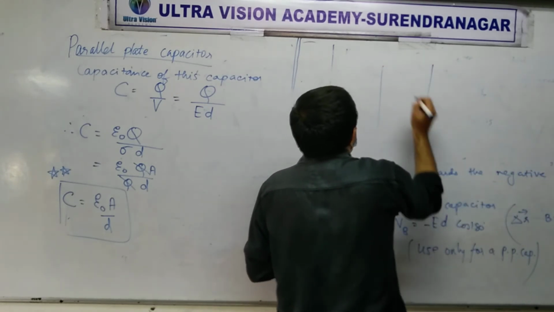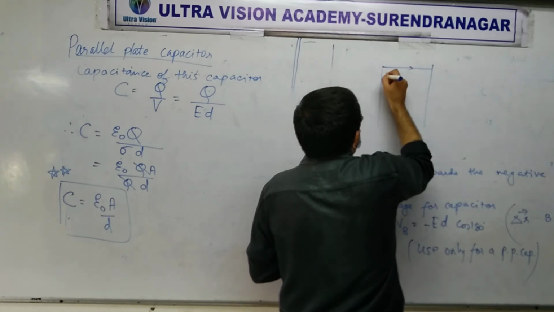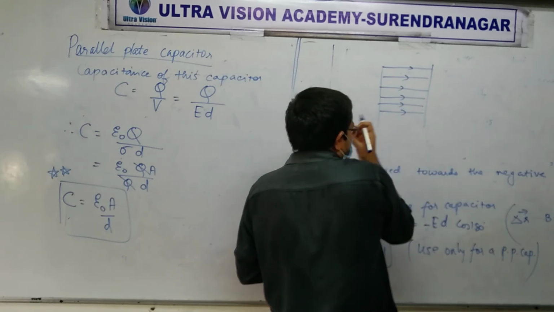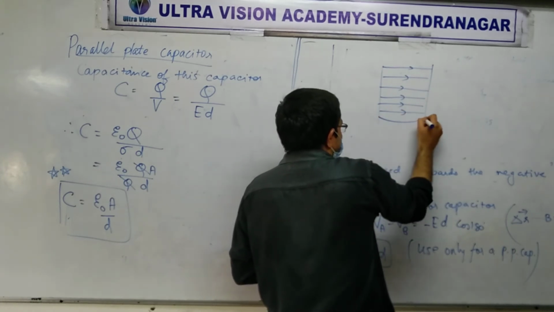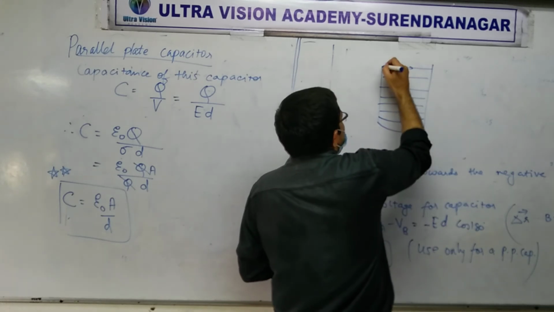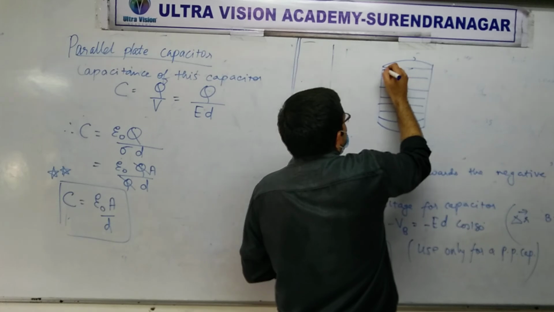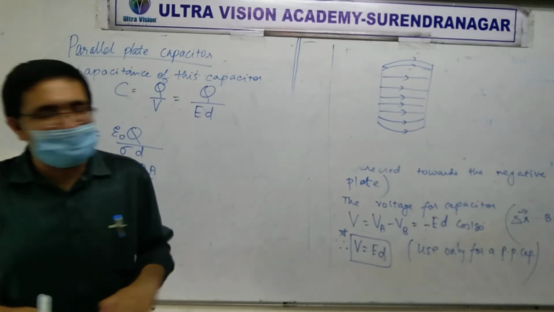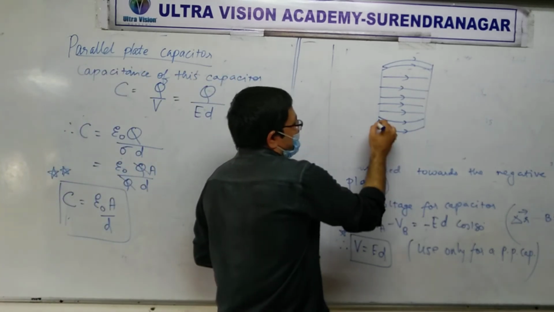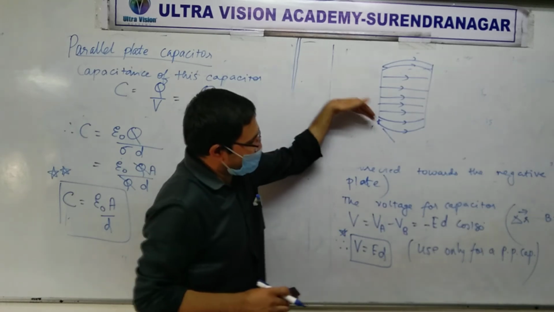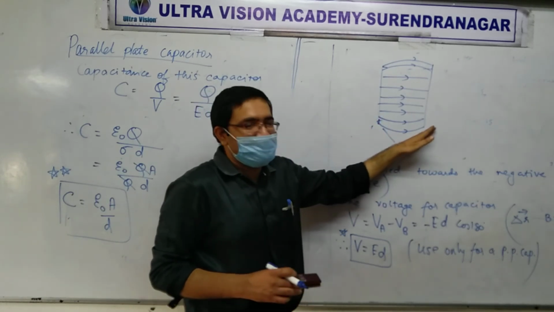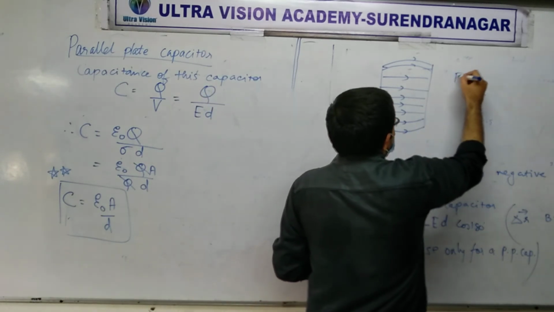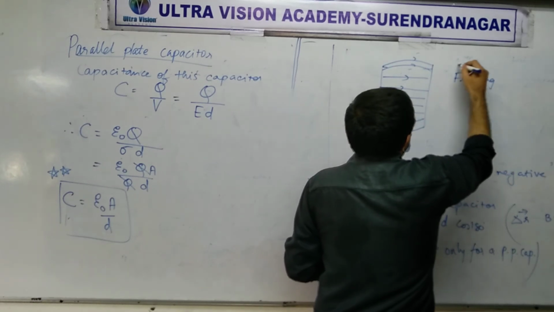What would happen in a real case is that electric field lines will not be straight like this. In the middle, they might be straight, not a big problem. But as you go towards the end, they start to bulge. Why so? Because electric field from positive charge will try to go away in all directions. It will go out a little, but then it will turn and come back to the negative charge. So this kind of effect at the end is called fringing. What is it called? Fringing.